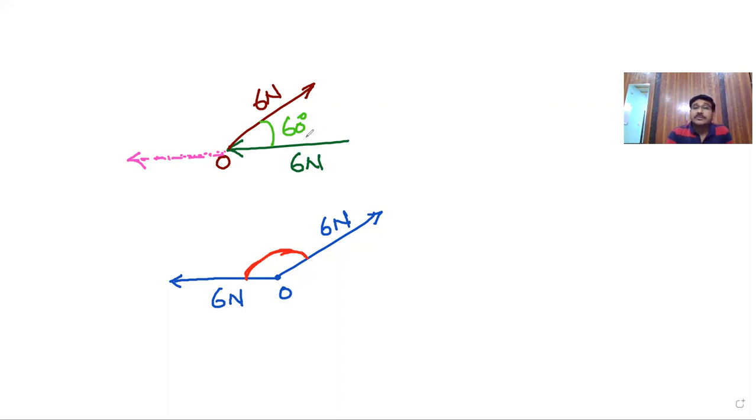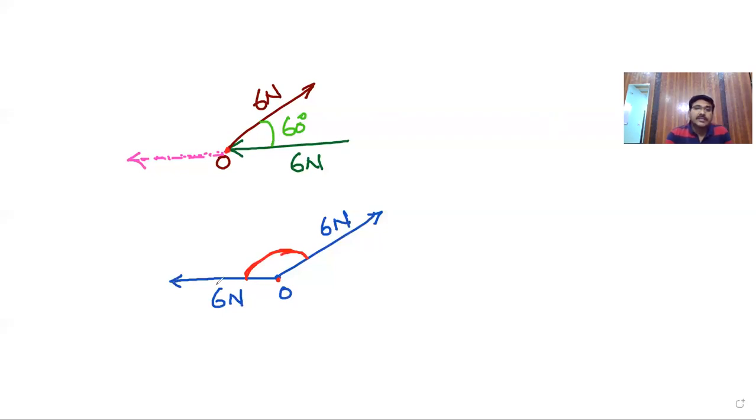Why? Because observe, the origin is at one head and the tail of the other. Whenever you want to calculate the angle, both vectors must start from the same point. The tail of the first vector and the tail of the other vector should start from the same point. In this case, at the origin, the head of one vector and the tail of the other are present, which is not correct. Here, this 60 degrees is not the angle between them.